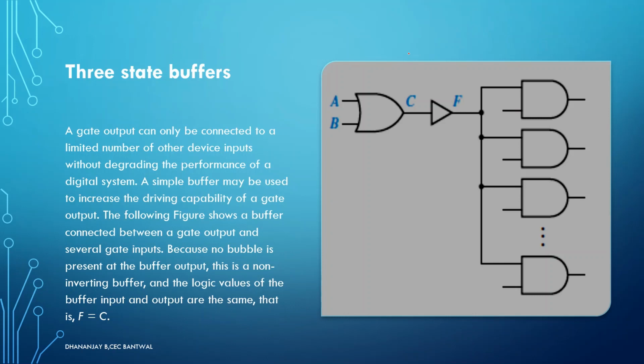Moving on further, we'll check 3-state buffers. But before studying 3-state buffers, let's check what these buffers are. Let us say that you have a circuit. Okay, I'm drawing it very small. You have a circuit and it's giving an output. This output should be given to multiple circuits: circuit 1, circuit 2, circuit 3, circuit 4, circuit 5, circuit 6.